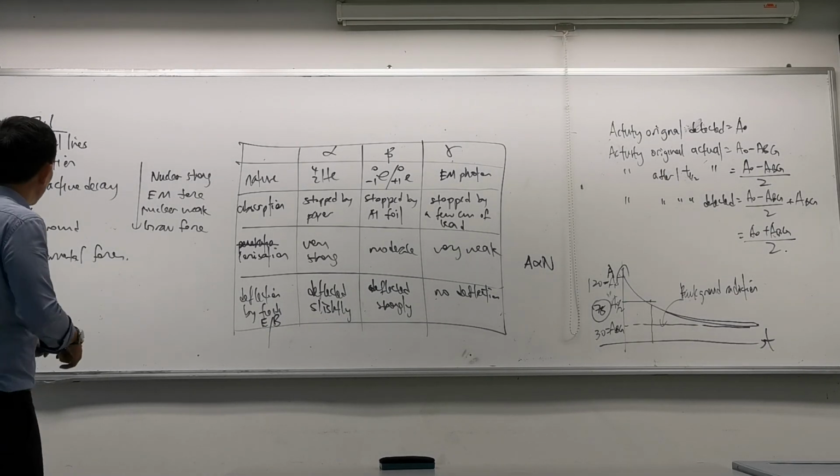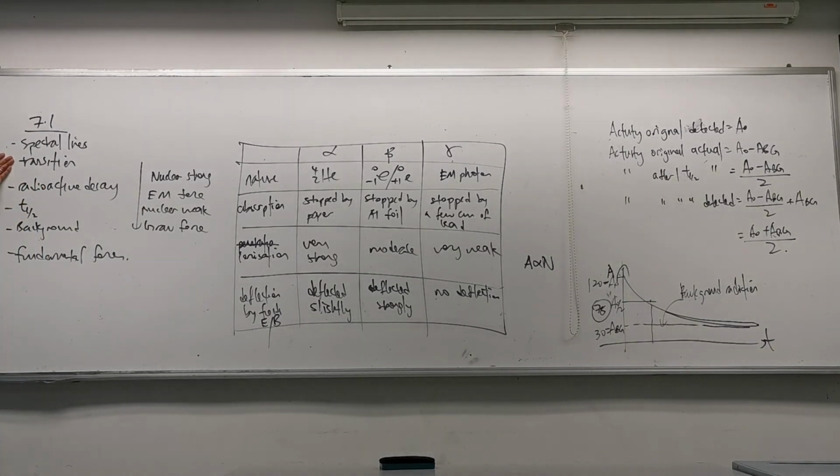Just a quick run through. We have gone through spectral lines transition, how spectral lines show that the atom has specific energy values, how to perform simple calculation, radioactive decay, the nature of the different particles, and the equation writing. Half-life, why is it important, and what happens after every half-life, what is decayed, what is remaining, you need to know this. Background radiation, the impact on the graph, how do you know that there's background radiation, and what's the necessary steps to find out the half-life if there's background radiation.